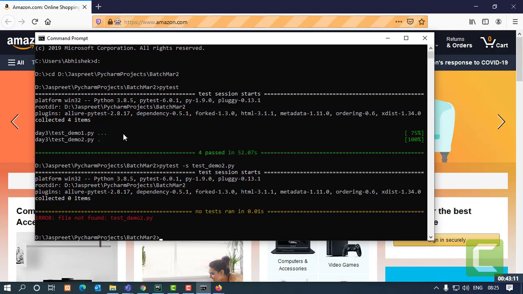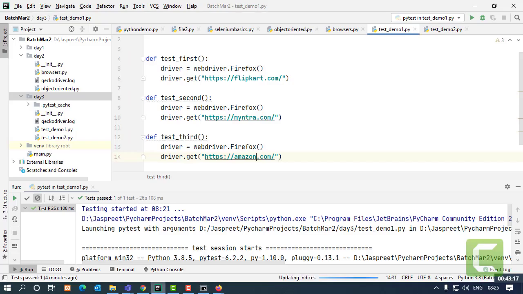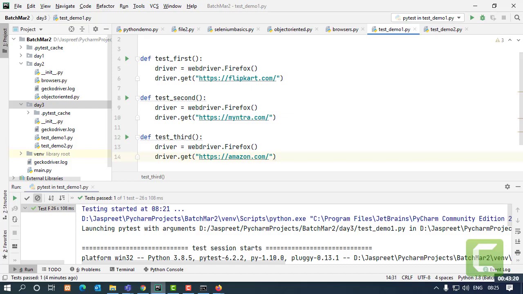So now if I run this, it says file not found. Maybe I have given the wrong name. So let me just see one more time. Test demo 2.py.